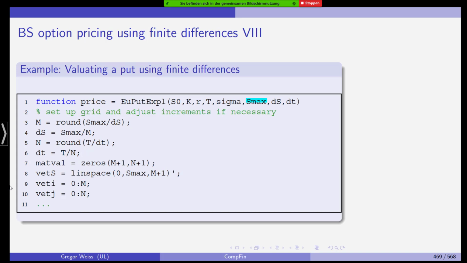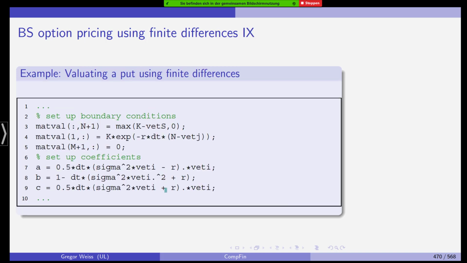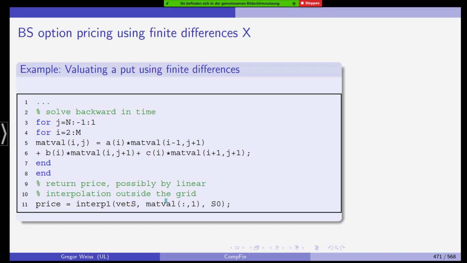And then we set up the lattice, which is done by linspace, linear space in MATLAB. And then we have i and j, those are our indices, and set up the boundary conditions. Last column, first line, last line for the European put. We set up the coefficients a, b, and c, and then we solve it backward in time. That's the function we've just seen. ai times matval plus bi times the value in the linear space plus ci times this value, and return the